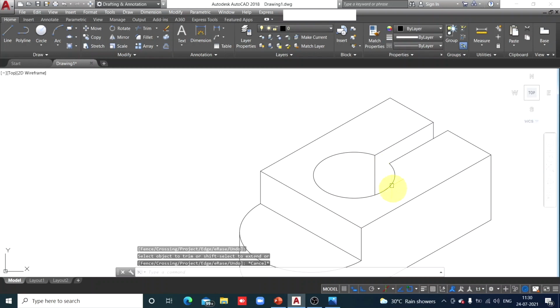Similarly, from this corner, try to understand. From this corner there is a vertical edge. From this corner there is a vertical edge. From this corner there is a vertical edge. Similarly, from this corner also there is a vertical edge. It's common sense. So no intelligence is required to know that. From each of these corners there is a vertical edge. Only thing is we are showing those vertical edges which are visible.